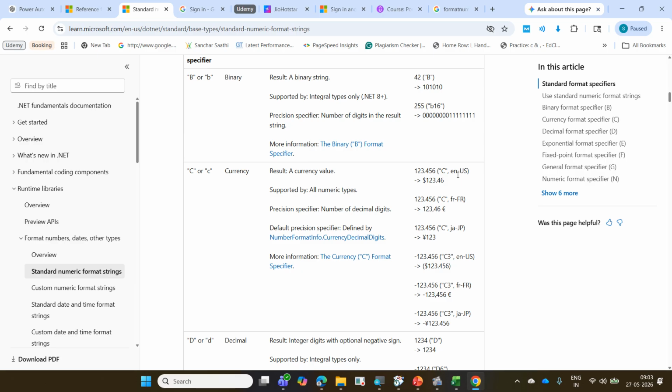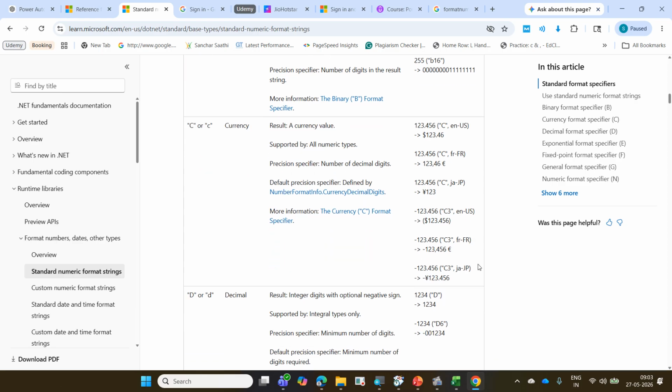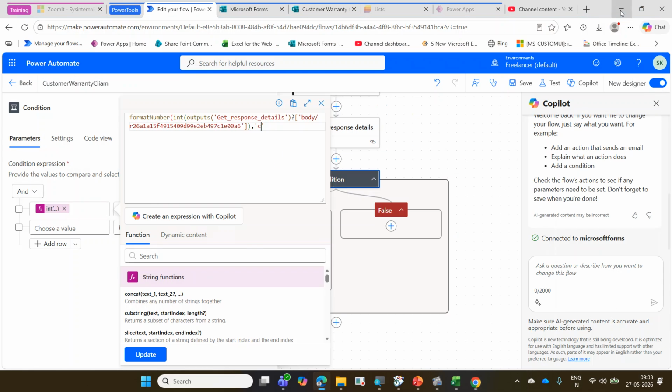I think you have some keywords for US also, EN-US, FR for France, and JP for Japan. We'll try whether India is available. First we'll put this currency, C. I just gave C here, close bracket. So format number, open bracket, and the int is for converting your text into a number, and I'm putting the close bracket at the last. Then update it. Please do update. If you are not updating, it will not get updated. Your old formula will get displayed. So update it. Now come out of this,